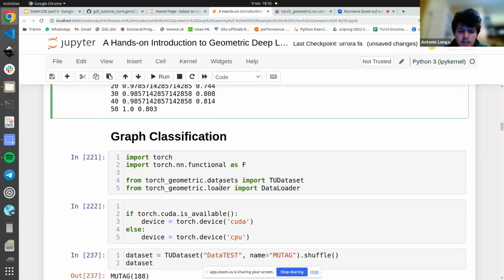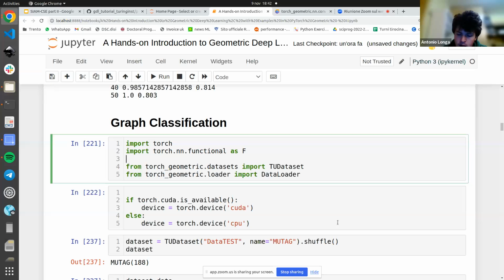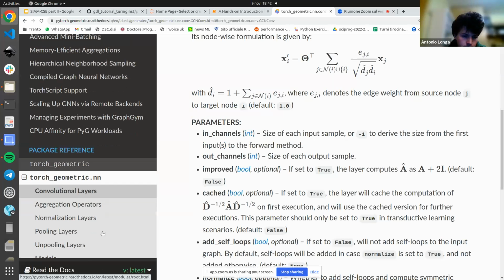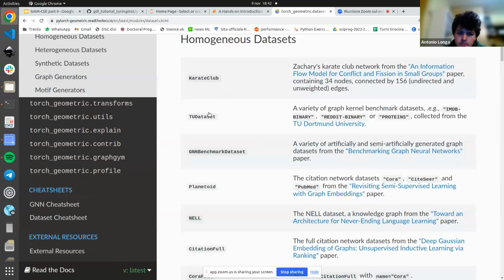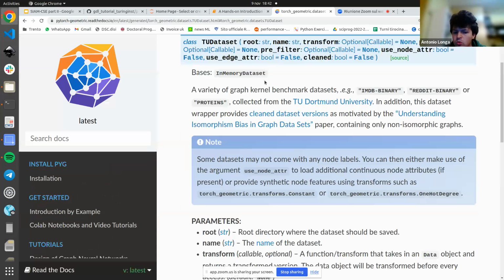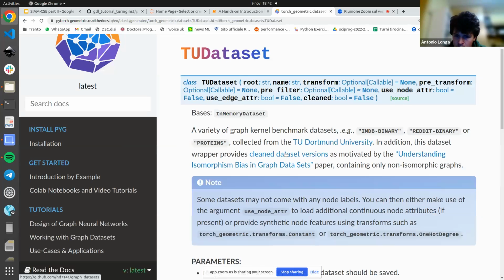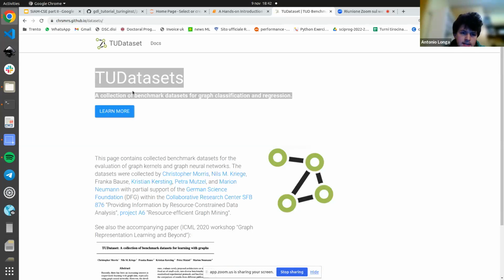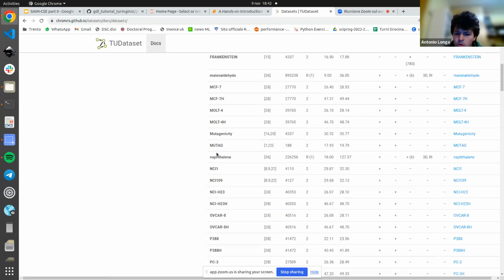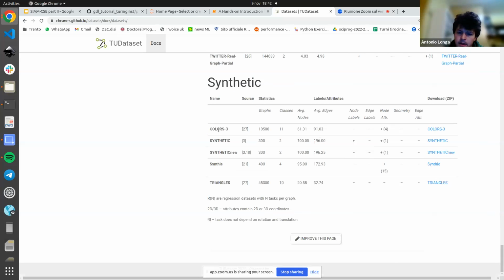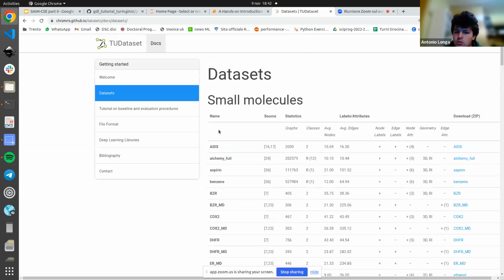So let's move. First of all, we are going to use the TU dataset. That is a collection of really a lot of datasets. Once again, if you need more information, you have to go to the library, and there is a long list of datasets. I think it was here. And you can download all of those datasets for different topics, different information, and so on and so forth, different